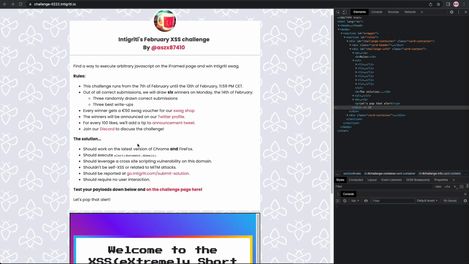Another Intigriti challenge completed, this time a much shorter one than usual, but I think it's still important to go through the process so people can get an understanding of what the process is to solve a challenge like this. But I do definitely think this is one of the easier challenges released by Intigriti, so I strongly